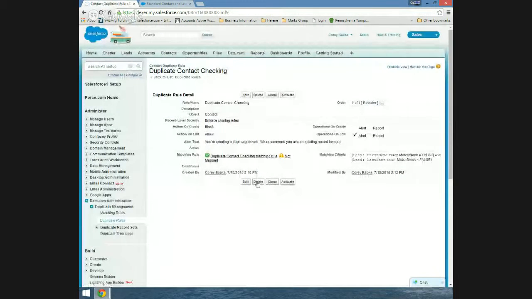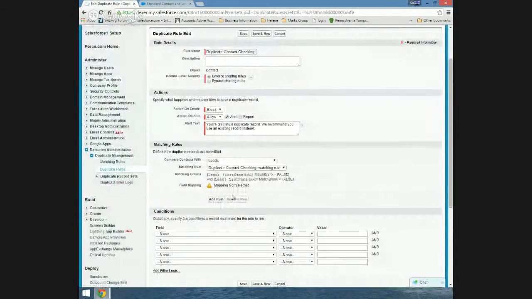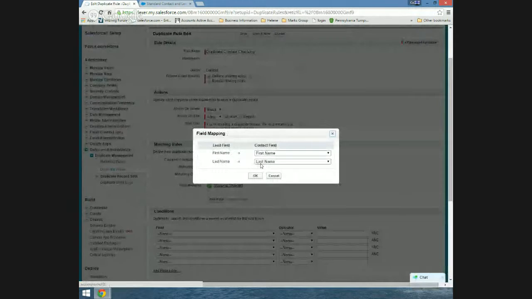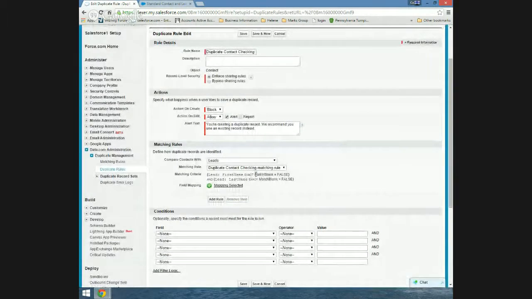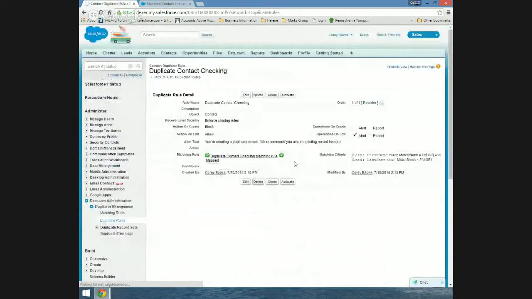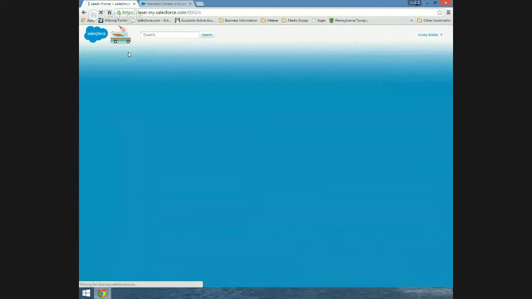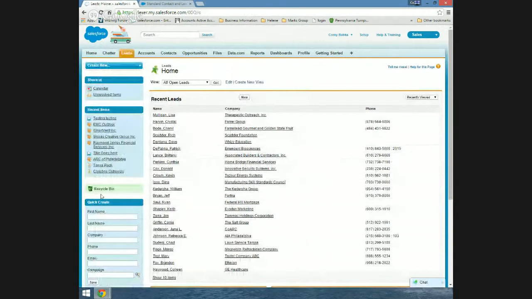And it is going to yell at me again. So mapping not selected. Contact field first name, last name, that's fine. Say OK. And then we save it. There we go. And now I can activate this. So what that will essentially do, if this is doing it right, okay, I should be prevented from doing a new lead for someone called